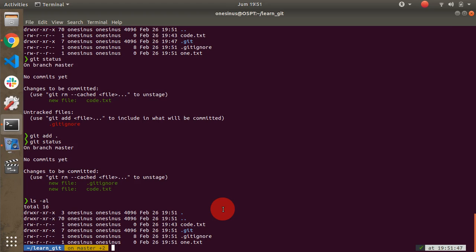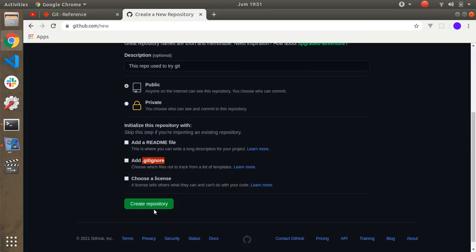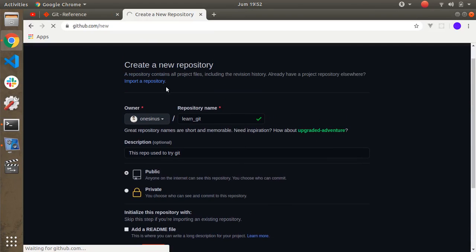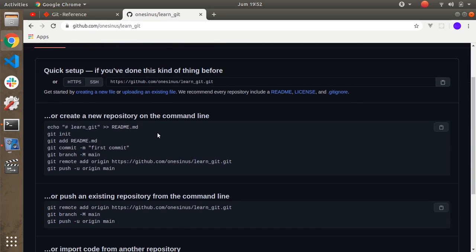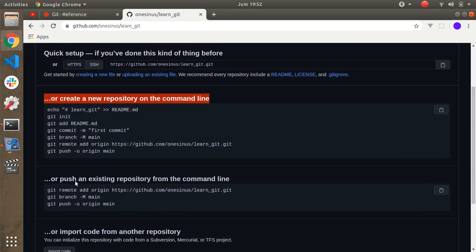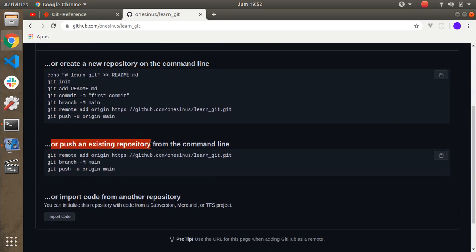Okay, and then let's try this repository. Yeah, here are the steps if we want to upload or push an existing repository using the command line.